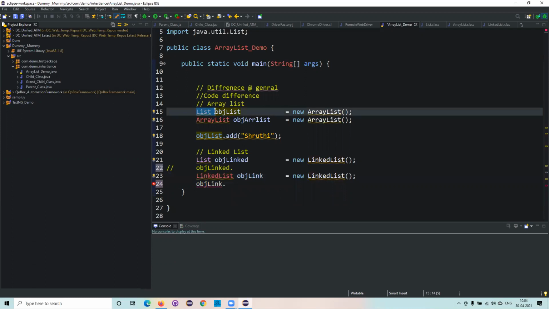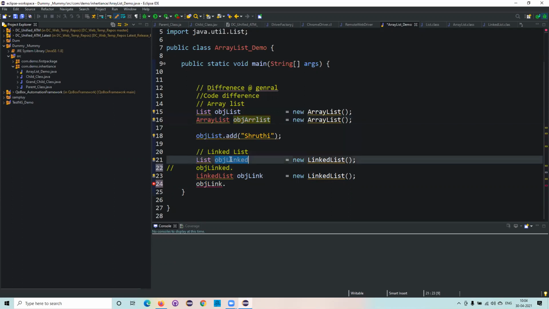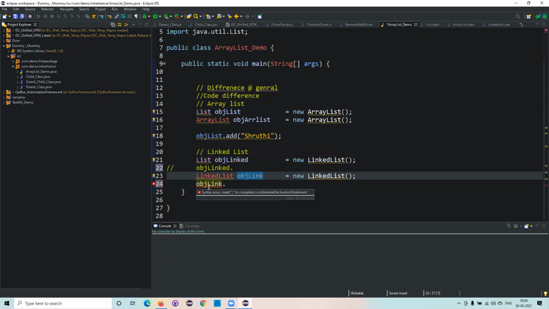As List has its respective methods, whatever methods are available in the List, only those will be accessed by this object. But this object can have all the List methods plus the ArrayList methods also. The same way here, it has the List methods, but we'll have List plus LinkedList methods also. That is the first pointer I wanted to let you know.